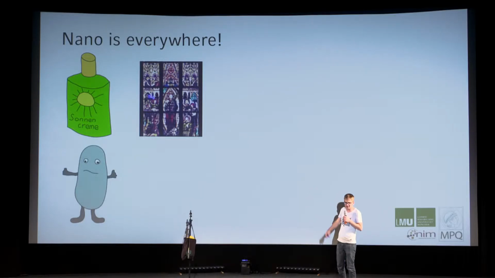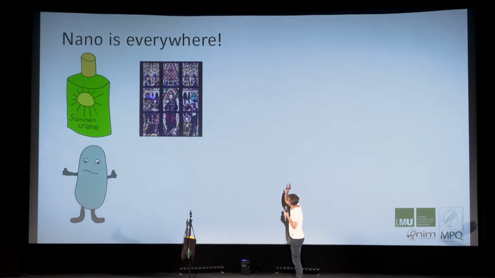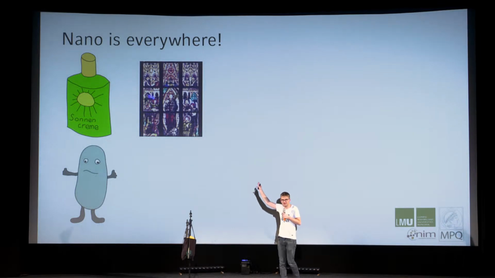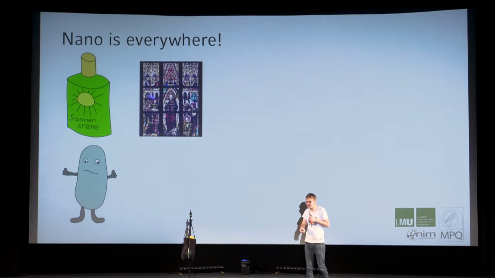Another example, and that's more for me because I'm a lab rat, you know, I don't go to the sun, I stay in my lab. And maybe at some time I go to churches, medieval churches like St. Peter and Paul's Cathedral here in Brno. You find those great colorful windows here. Especially the red parts in those glasses: already in medieval times people knew that if you put metal salts into those glass melts, you get colored glass. In the red glass there are gold nanoparticles. I like them a lot because I did a lot of research with them.